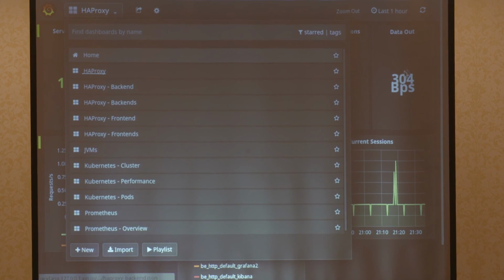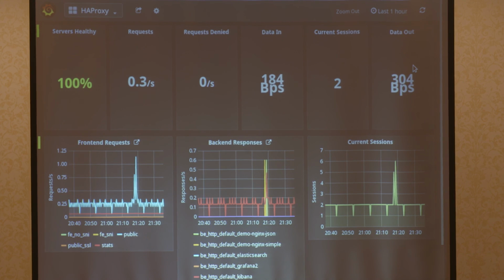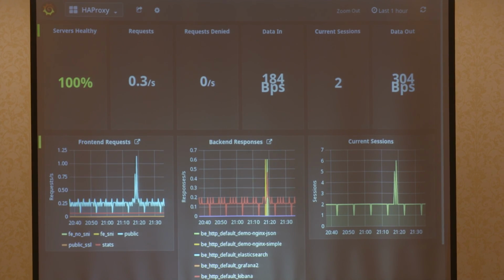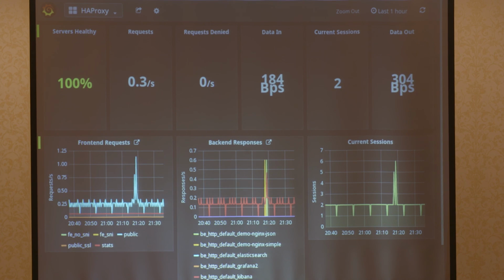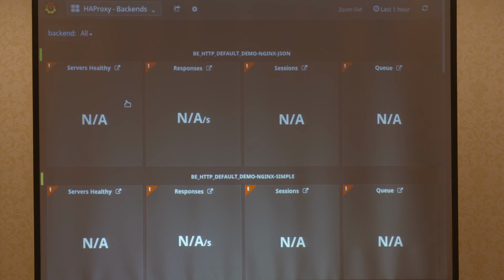If I take HAProxy as a good example, this is an overview of HAProxy. And actually, if I had multiple HAProxies, this would be them all in one overview. What makes dashboards really nice is, if I had 12 HAProxies, I would see the sum of all that stuff there. What I can do is start to drill down into individual ones, or even drill down into individual backends. So the actual pod.